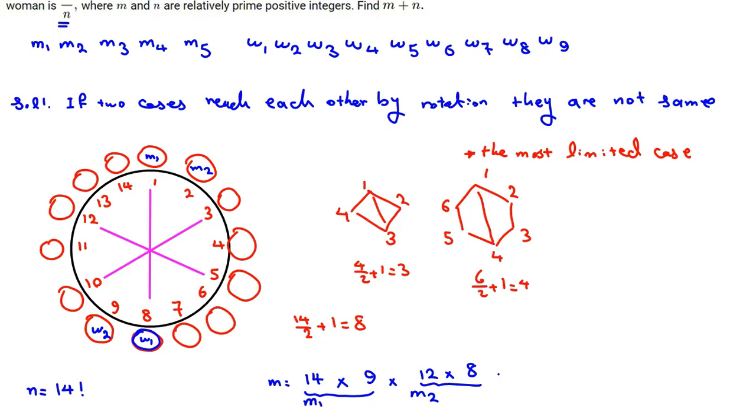Then again, M3. How many places are left? 14 minus 4, 10. For M3, and opposite to M3 is a woman. So you should select how many women are left. 9 minus 2, 7. So you multiply by 7. It's W3 times